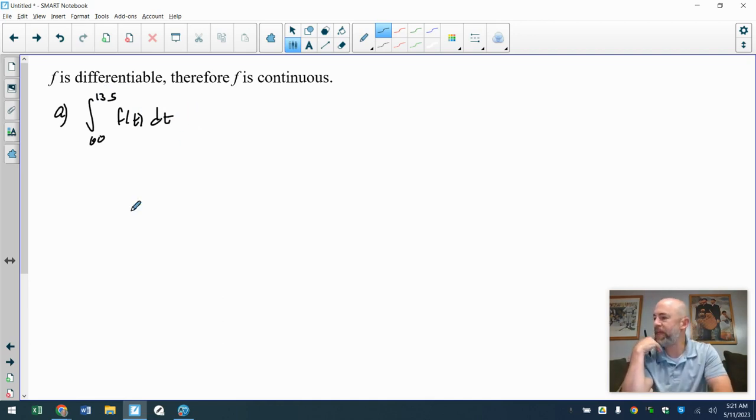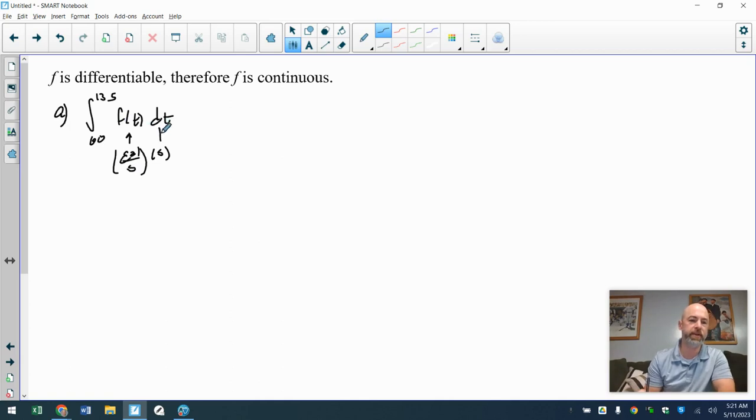So we're finding a definite integral of the flow. F of t is measured in gallons per second. Dt is representative of a small change in time, which we measured in seconds. When you multiply f of t times dt, you are left with only gallons. And so the units are gallons, and this antiderivative represents the number of gallons